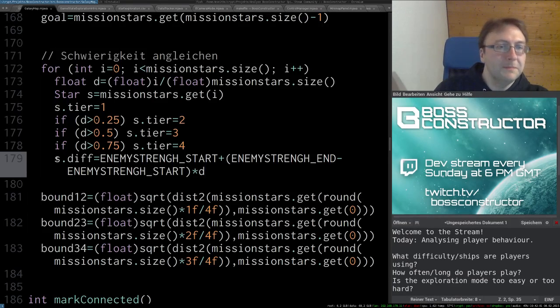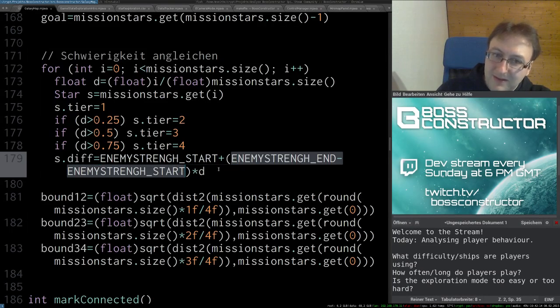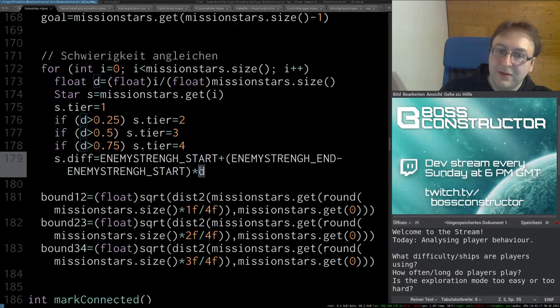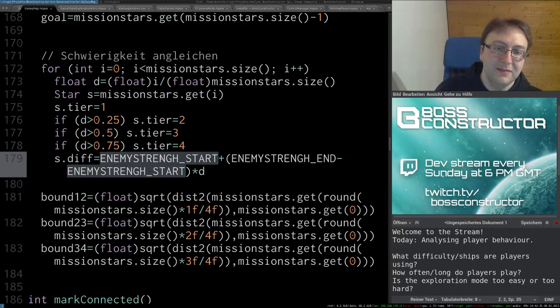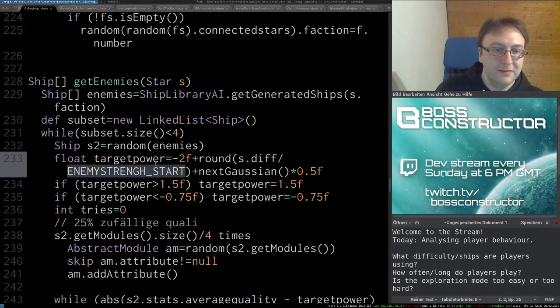Each star gets a difficulty rating assigned to it, and this difficulty rating is basically a base strength plus a differential multiplied with the distance from the start of the game. So this D is 0 for the star which you start on, and it is 1 for the star which is most distant from the player's starting point. And the enemy strength, and this increment is, I think,